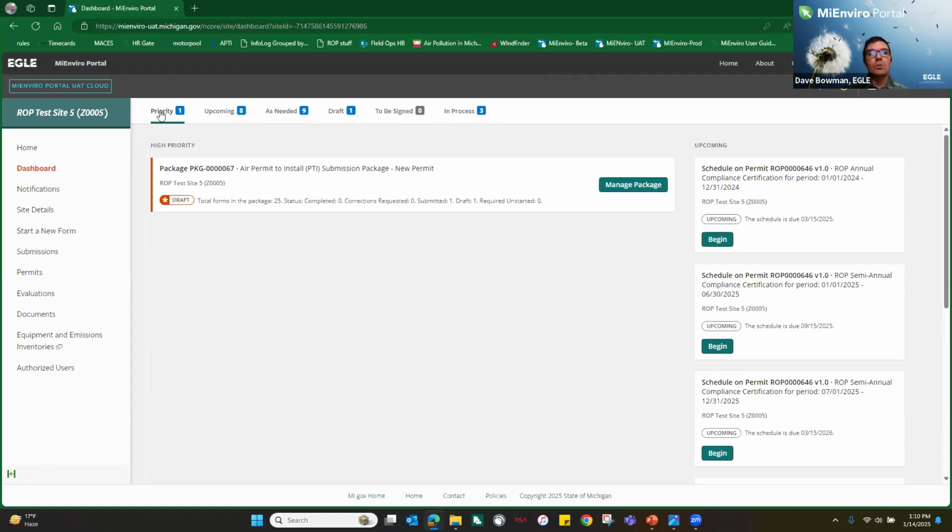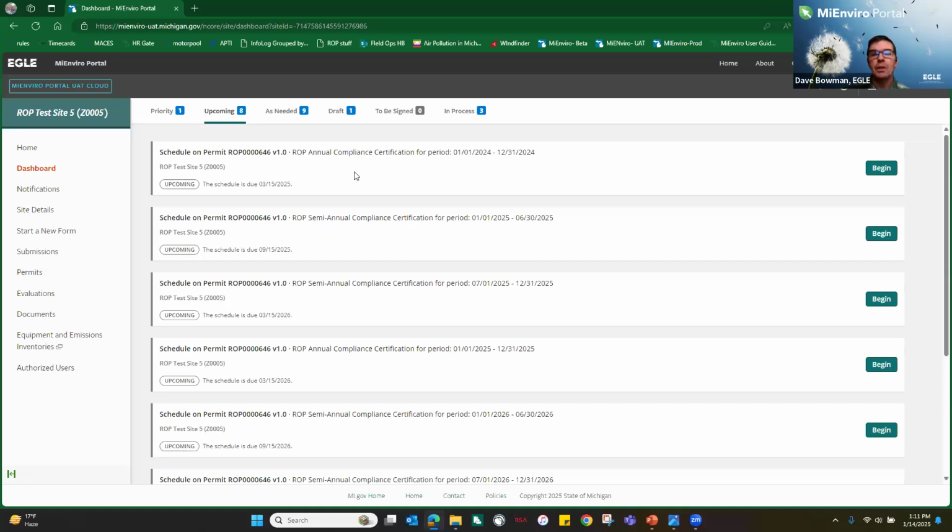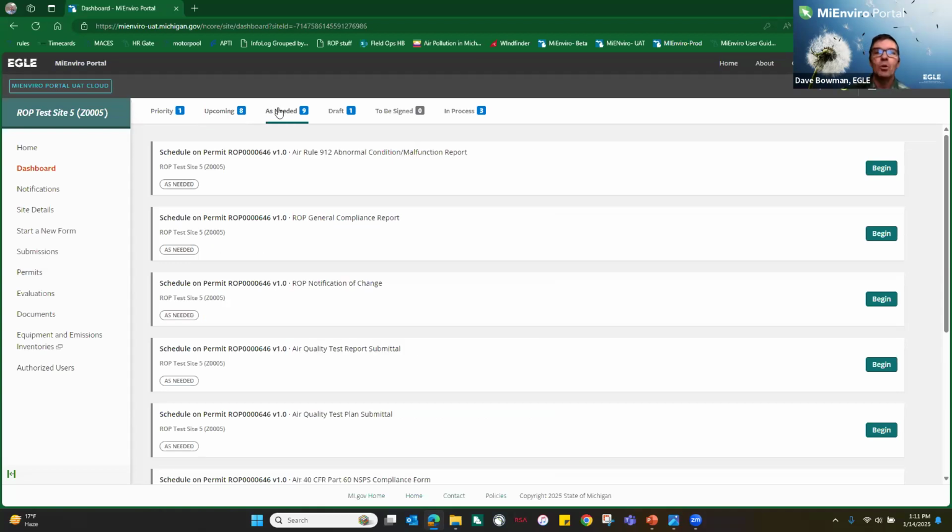When I first log in, it shows up under the priority tab, which just means that in this case, I have something in draft that's being worked on. If I move next to the upcoming tab, these are submissions that have due dates associated with them. And then I move into the as needed tab, which is going to be the actions that don't have a